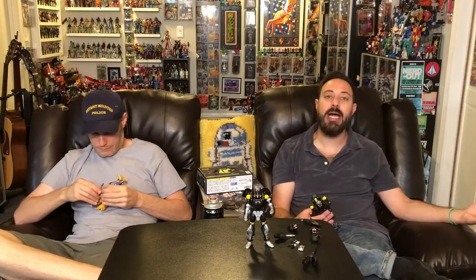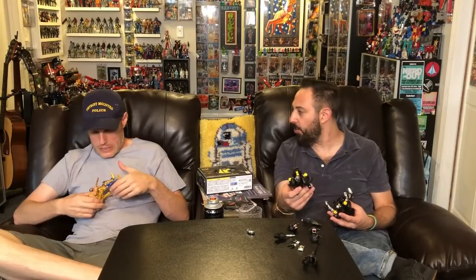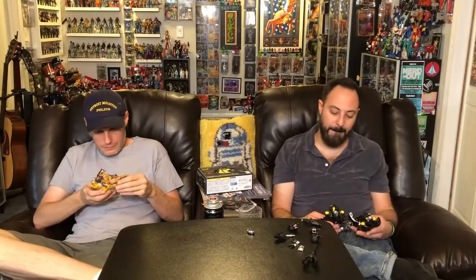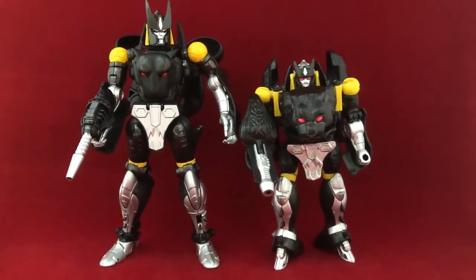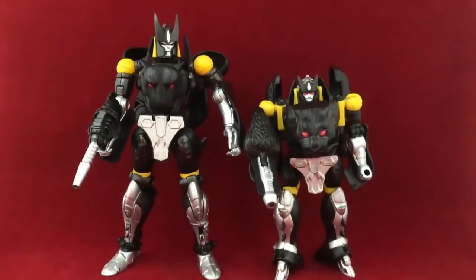Like, it wouldn't be necessary. With that said, Shadow Panther is the perfect exclusive because the original Shadow Panther was a Japanese exclusive. And just to see them side by side... I mean, the truth is, they're all Japanese exclusives. Well, to us, yeah. They look really good together, the old one and the new one, right? Yeah. Again, one person with an interest, one person with no interest, so...